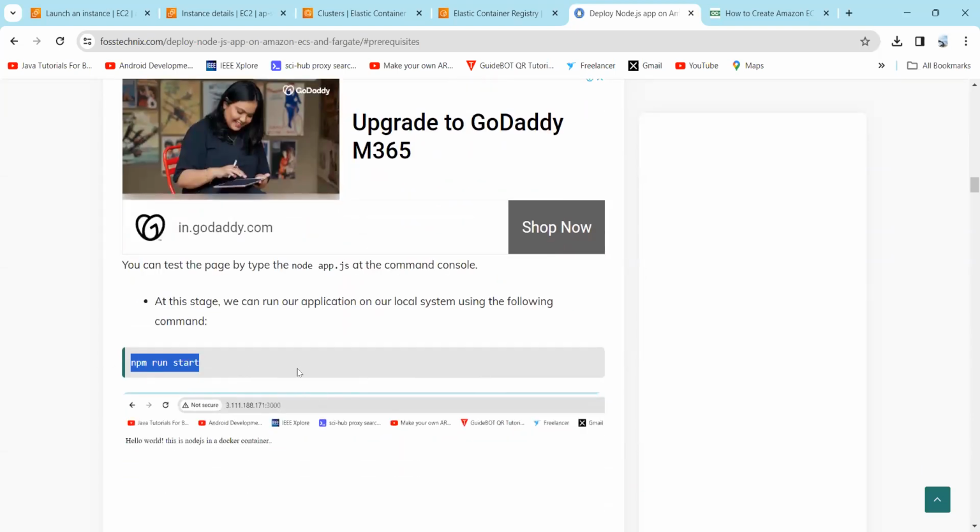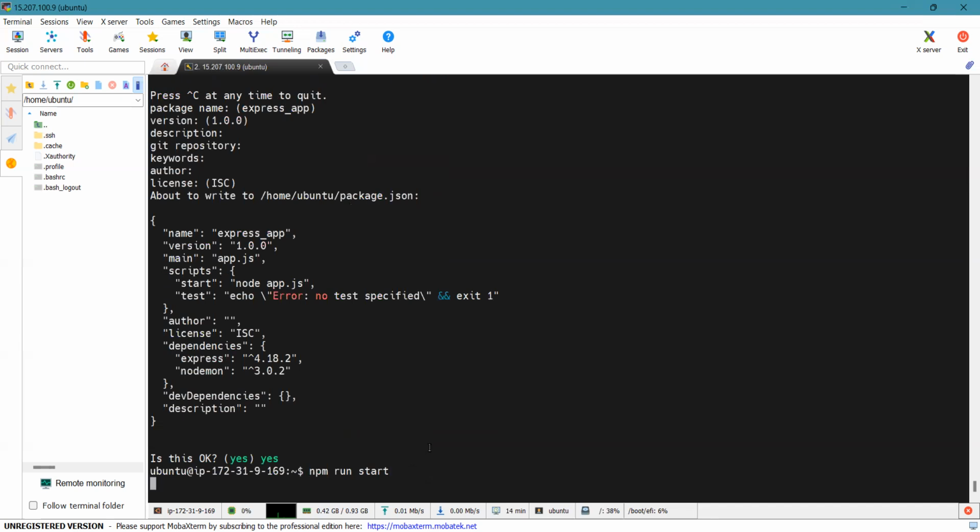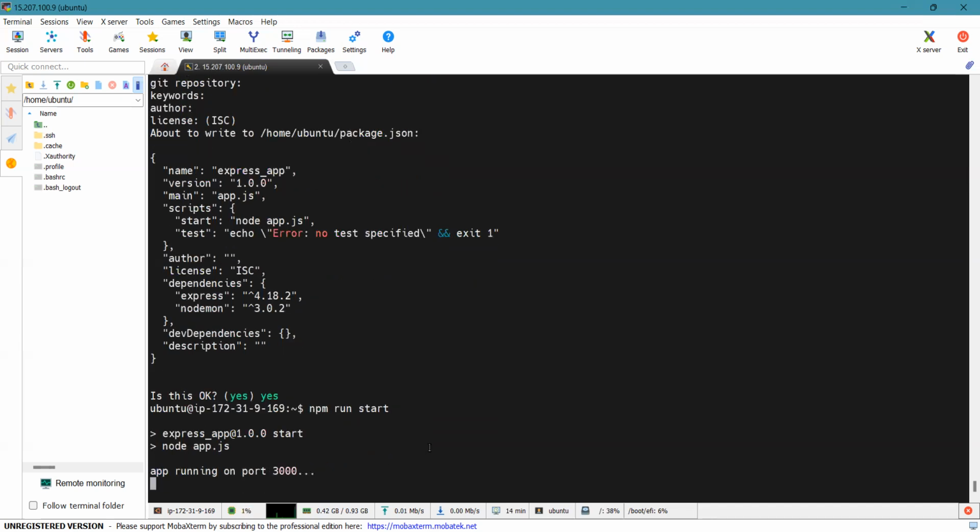Now you will run the npm. To start, the command is npm run start. As you can see, our app is running on port 3000. Now we will verify this by entering our IP address with the port number, which is 3000 for our Node.js